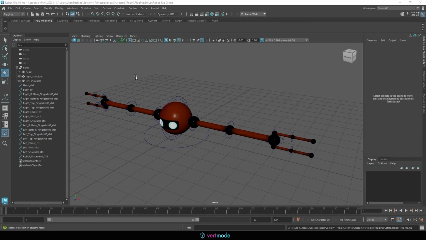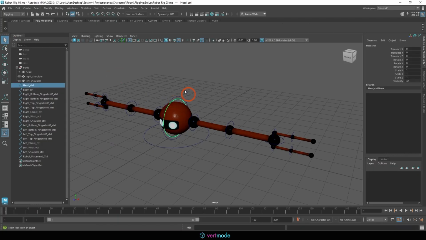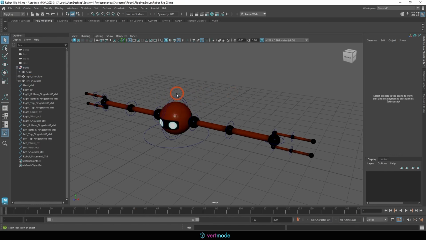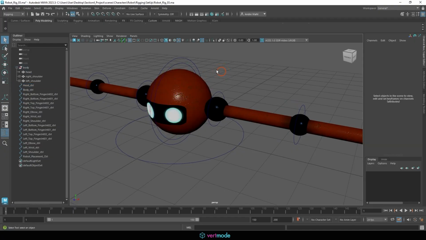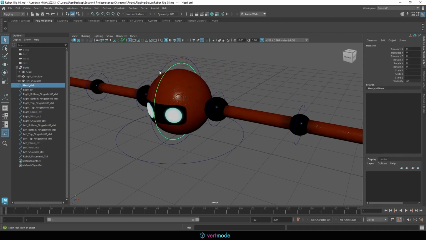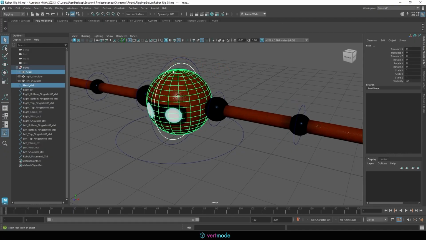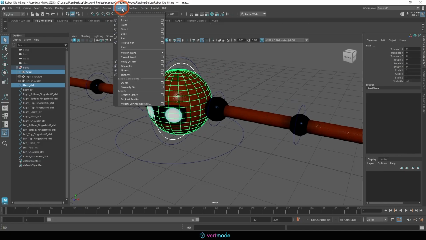Okay, so now that we have our controls placed, what we're essentially going to do is take the constraint and parent it to the respective thing it is supposed to control. So for example, the head control here is going to control the head geometry. So I'm going to select the head control first, shift select the head geometry, come in here to constrain and